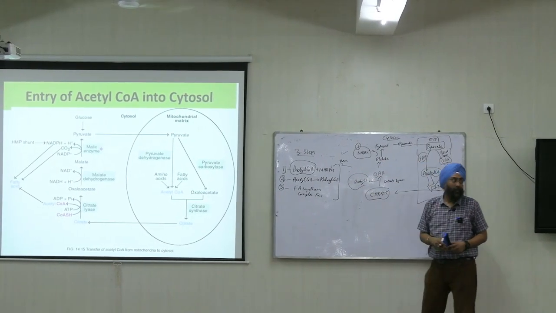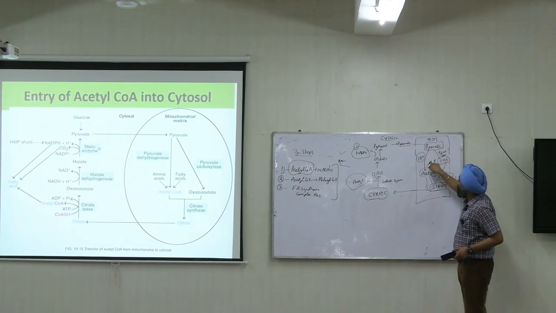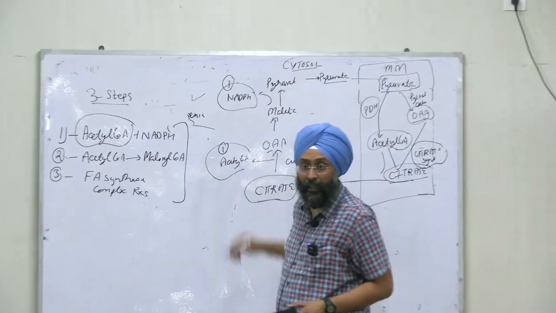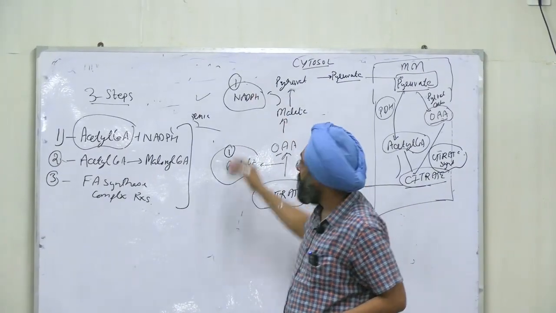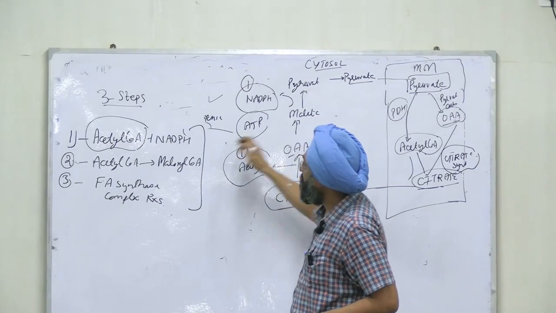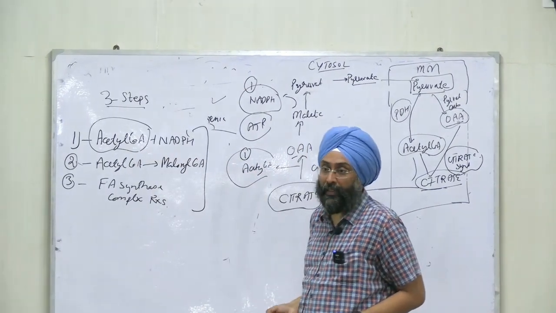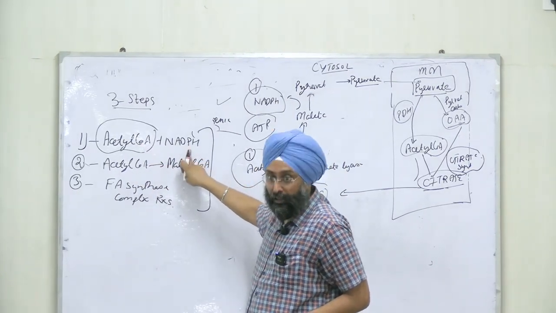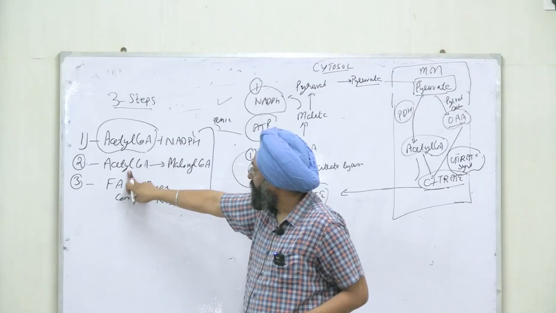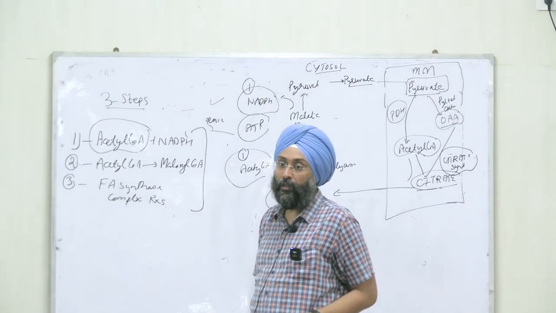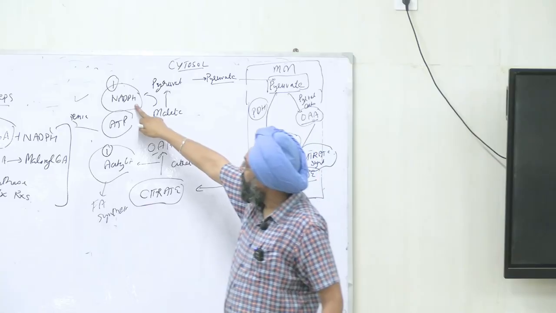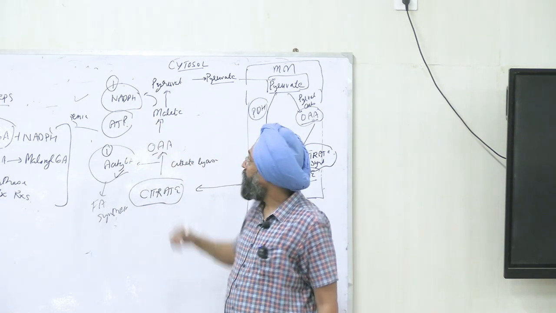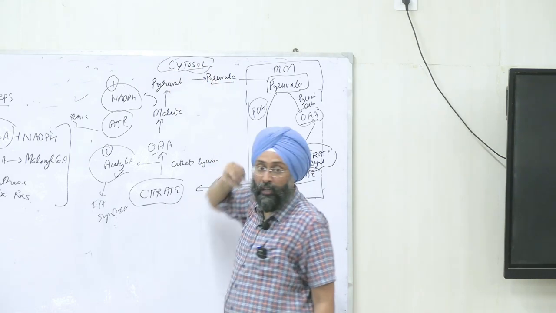See, right? This acetyl-CoA was not permeable from the mitochondria to the cytosol. Now this acetyl-CoA is available, the first raw material. NADPH is available and ATP are also there. Now we will start with the first step. For fatty acid synthesis, the three steps are there. First is availability of acetyl-CoA and NADPH in the cytosol. Second step is conversion of acetyl-CoA into malonyl-CoA, right? So NADPH is there, acetyl-CoA is there, ATP is there. Now we start with fatty acid synthesis, right? It is going on in which compartment? Cytosolic fraction of the cell.